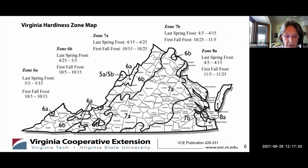Many factors within a zone influence the average minimum temperature, including elevation, proximity of large bodies of water, and warming effects of the cities. Because of these variations in temperature within a zone, it's important to consider your growing season, which is determined by your first and last average frost dates. This map, the Virginia Hardiness Zone map from the VCE, more precisely depicts planting times that will promote good growth of plants. Note the last spring frost dates